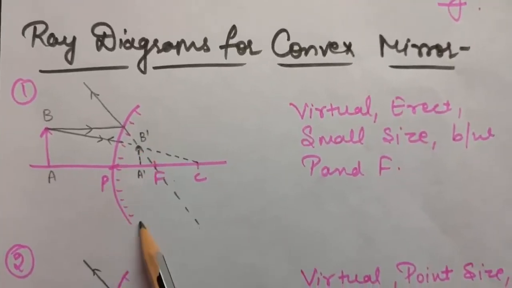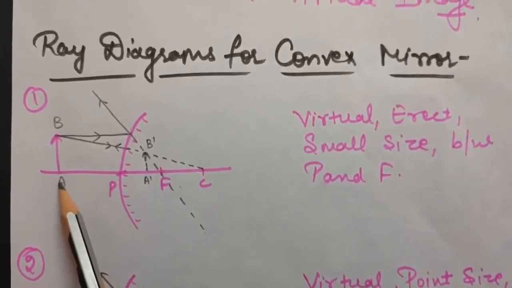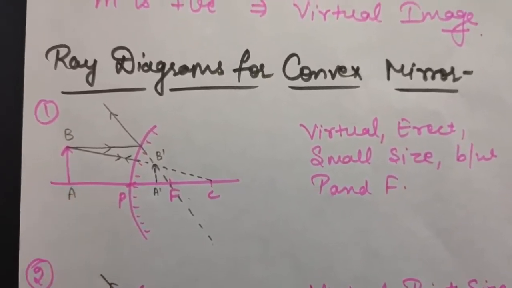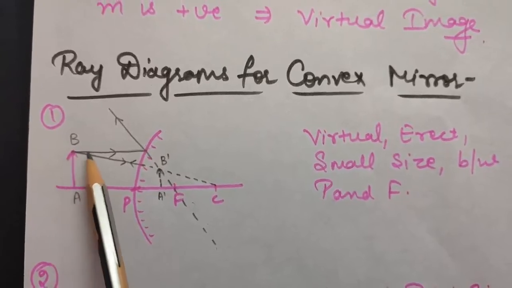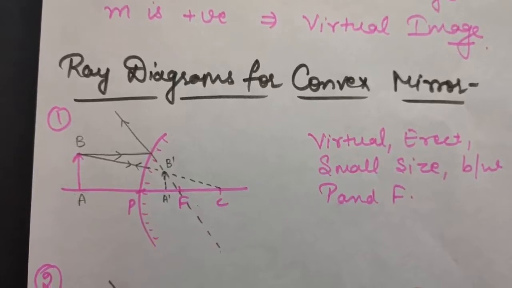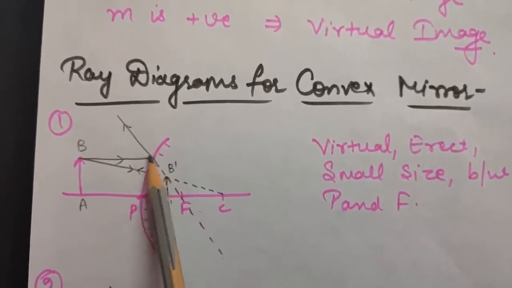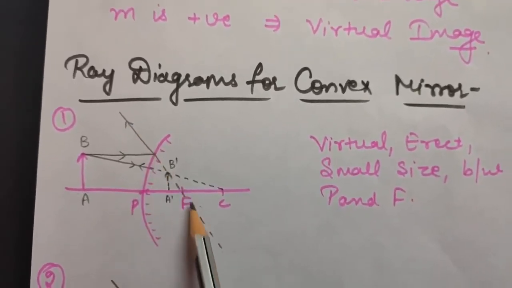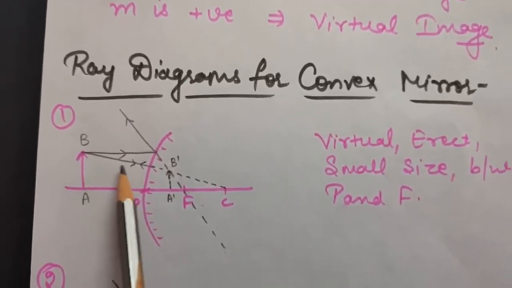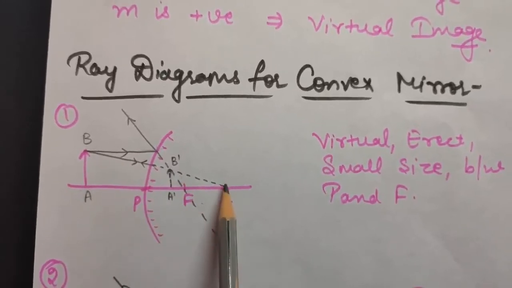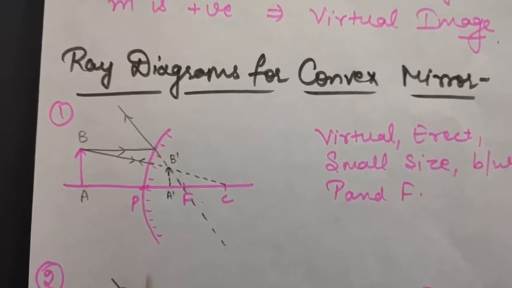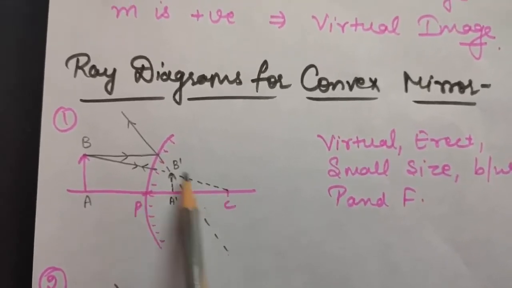Okay, so now let us discuss ray diagrams for convex mirror. So now this is a convex mirror. Our object, that is AB, is held in front of the mirror. So now again we will be drawing two lines. One is this one, that is it is going parallel to principal axis. So in this case it will appear to pass through focus. So it is going like that, but it will appear to pass through focus. Similarly, the second incident ray will be passing from C. So again, because from C the ray is perpendicular to the mirror, it will retrace its path. So this will be the incident as well as reflected ray.